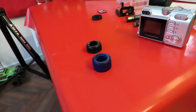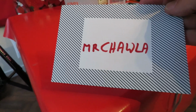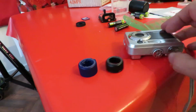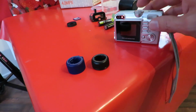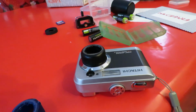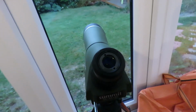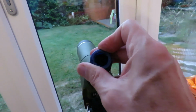Well, just a quick view of attempting the modification from Mr. Chawla. I've got myself a couple of bottle caps here. The black one would fit on there if the battery wasn't flat. Oh dear, this is really eating the batteries ever so quickly. Well, let's just say that one does fit over the lens there. What we're trying to do is just align the camera to the lens, so you get a little bit less movement as you're trying to put things together. This one is just the right size to fit over there,